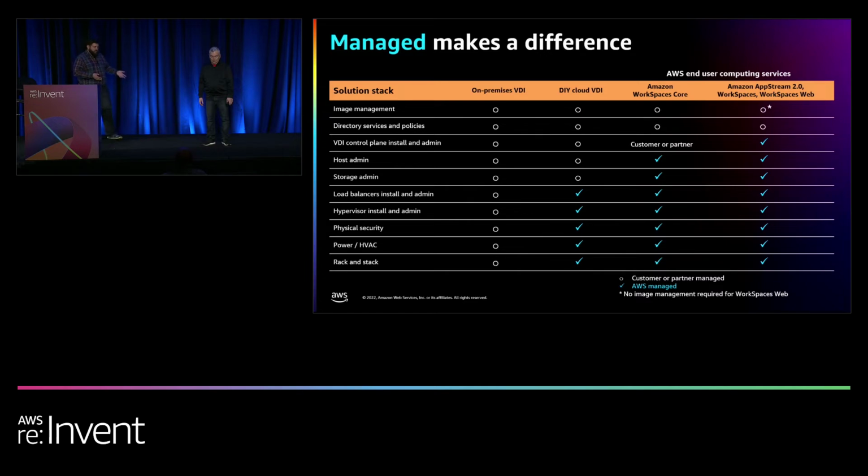But as we've talked about before, with some of the benefits around maybe third-party protocols or that client or being hybrid or some of the key things there, we have Amazon Workspaces Core, where we move down the stack actually a little bit to make it a bigger market so that there's more opportunities or more use cases or personas that can actually make use of some of our features or management that Amazon Workspaces